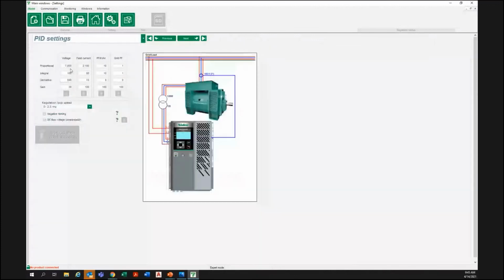PID settings, these are the 3 different gains. And the way to set those is basically depending on how your generator is reacting. I've had pretty good luck so far with these initial settings, but if they're not working for you, then you can refer back to the previous slide and check to see, are you overshooting, or are you just not responding fast enough, or are you fluttering around the set point, and just kind of pay attention to the way the generator is reacting and then change the set points accordingly.